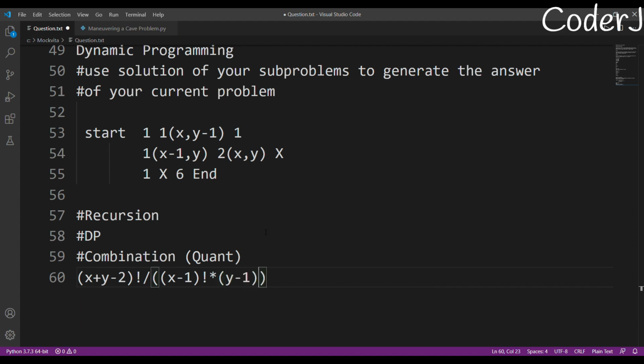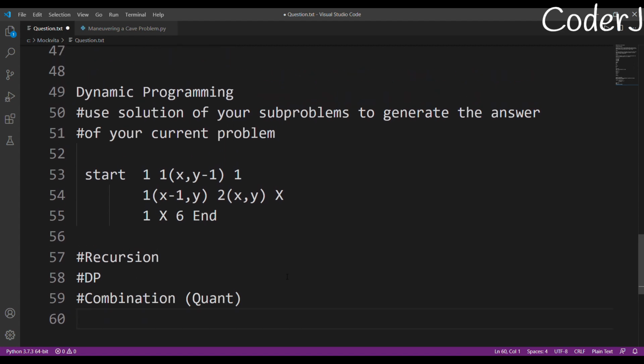You can put your values in this, and you will definitely get your answer using combinatorics. So this is another approach you could have used, but for this I always say you need to have a great understanding of quant, but I'm not focusing on this approach right now. Why? Because for this you need to learn a lot of things, but I'll tell you that there is another possible answer, and that is the most simple one.